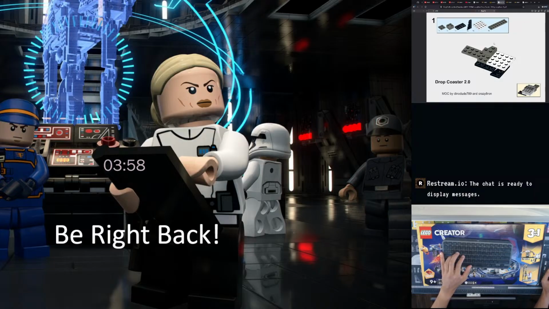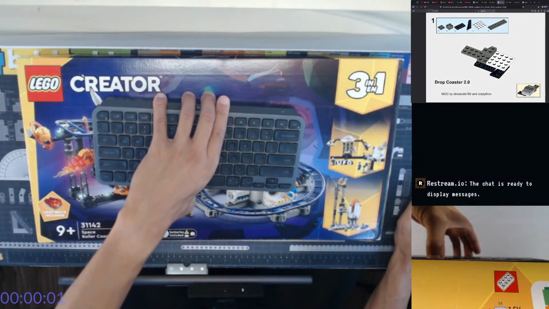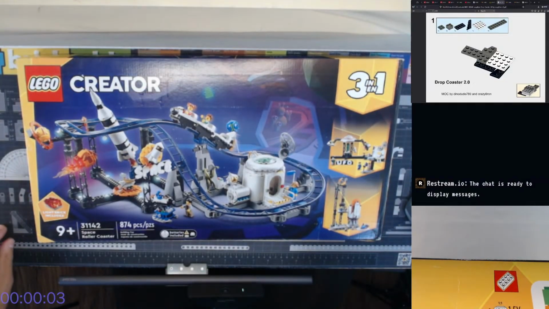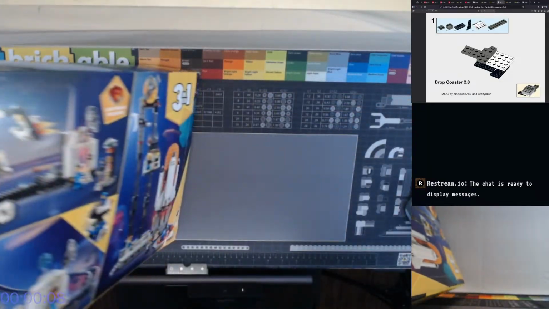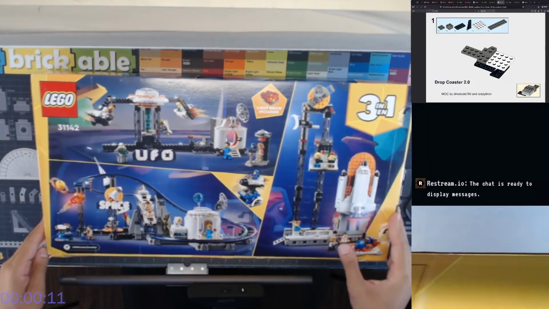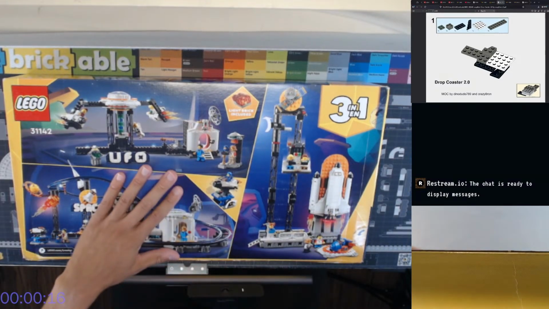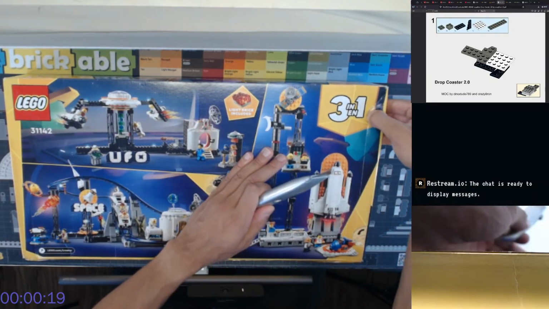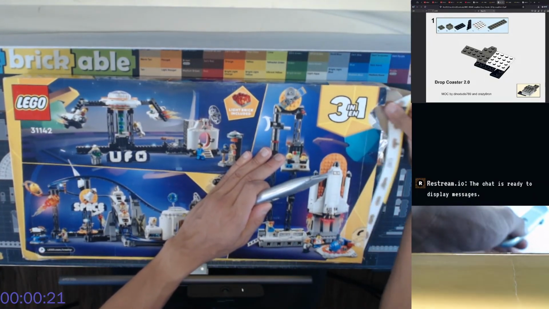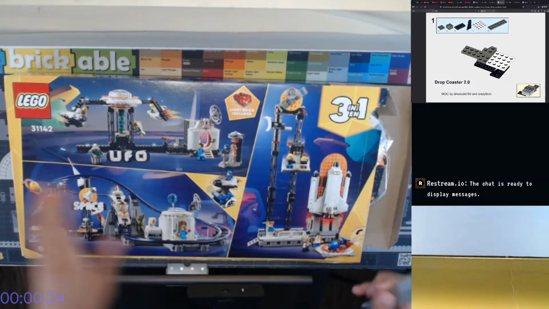So we're going to do this alt build here, and we're going to do it right today. So actually, let's go back to... can we do aerial with POV while I get these bags opened up. So that's what we're doing today. We're doing this alt build. My thanks to Dino Dude 789, who made the original design for a drop coaster out of this set, and to Crazy 8 Ron, who apparently went in and refined the design